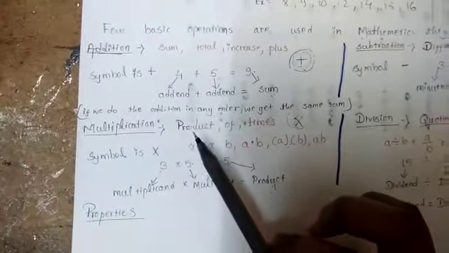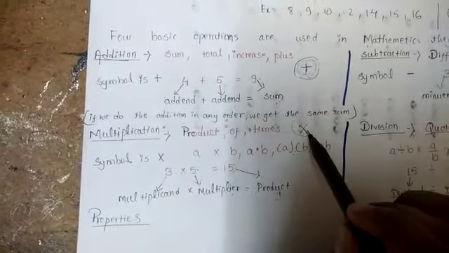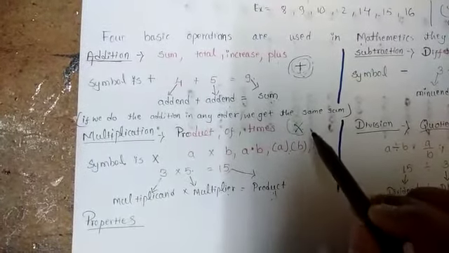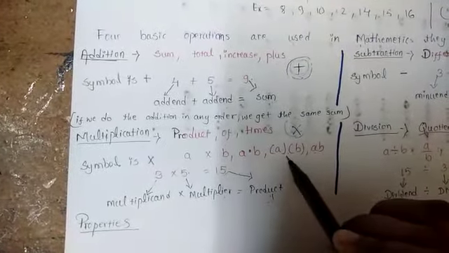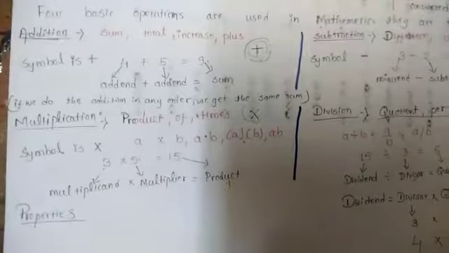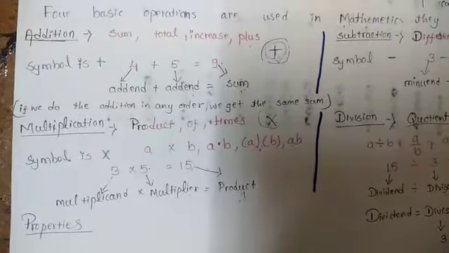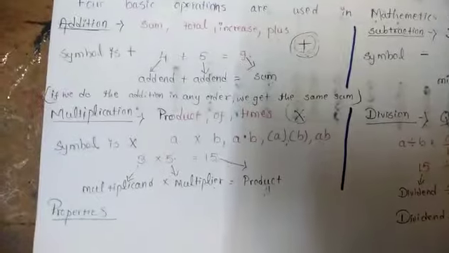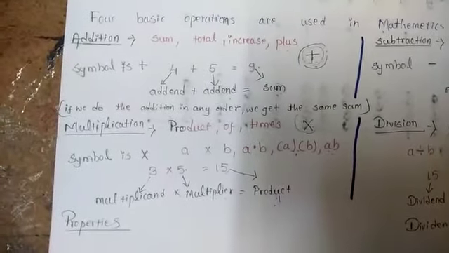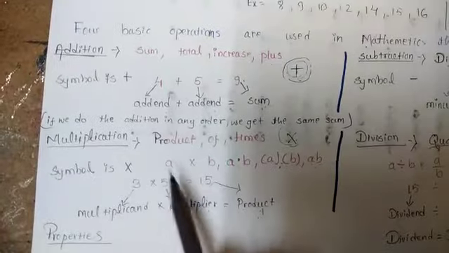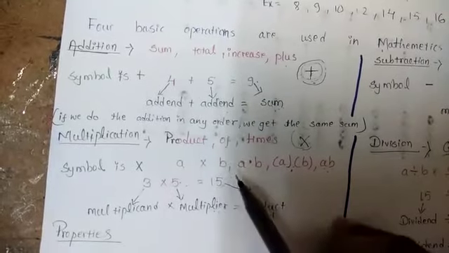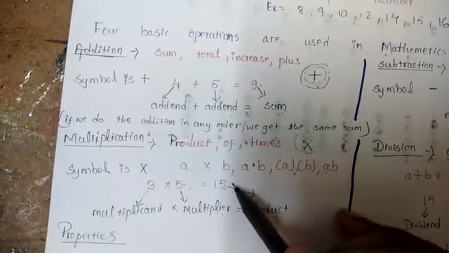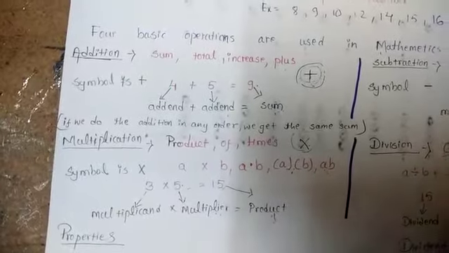Multiplication, the keywords are product, of, times. We know the sign. This is your multiplication sign. There are some other ways which we need to know. This is also your multiplication sign. The first number is called your multiplicand, or we can say like this also, that the number which we multiply is known as your multiplicand. The number with which we are multiplying is known as your multiplier. After doing multiplication of two numbers, the answer we get is called your product.